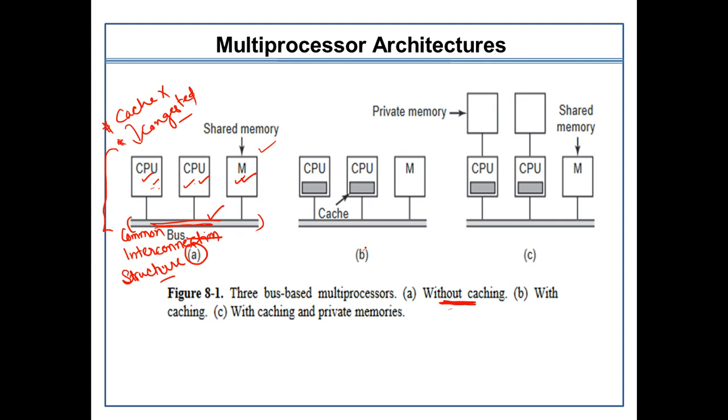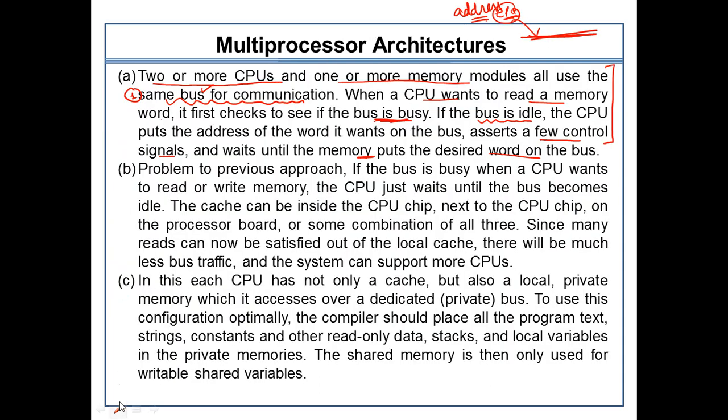Moving ahead, let's now discuss the second architecture, which is with the cache. Just to resolve this waiting period problem, small cache memories are allocated within the processor. Instead of the CPU again and again referring to the main memory and keeping the bus busy, certain read operations can easily be handled by the processor itself within the cache memory. This is the advantage of the second kind of architecture.